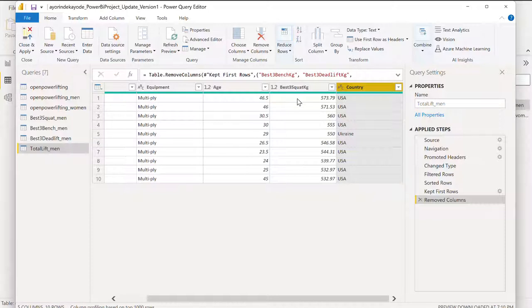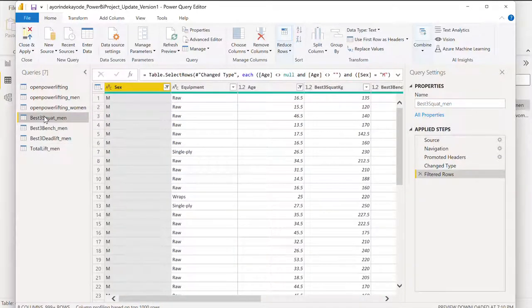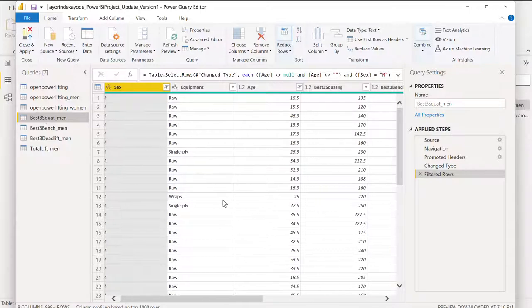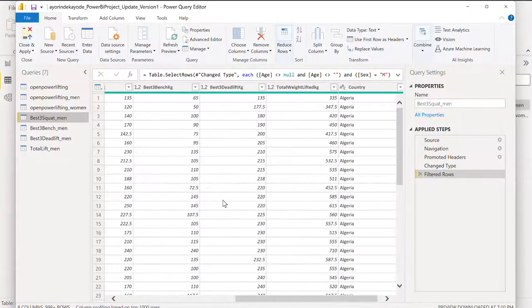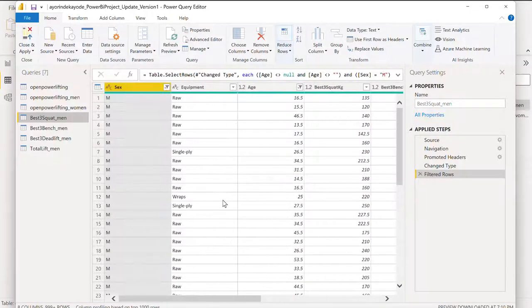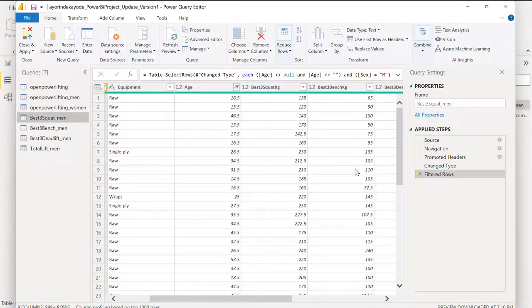These are the actual gross, the gross weight. All right. So that was our squat. Was it? No, that was our total lift. I think I hosed that up. Well, what I can do is, for this case, we will